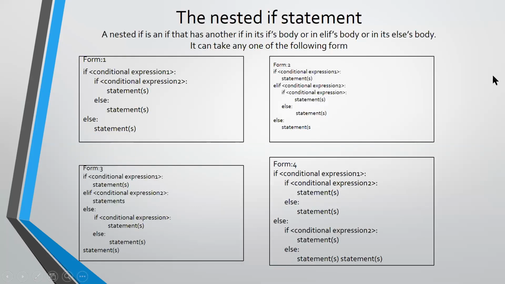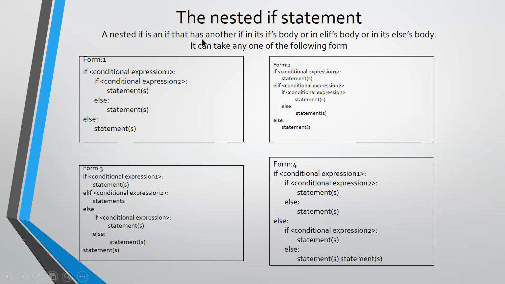Which is a nested if statement. Okay, so what do you mean by nested? Nested means something within another. So nested if means there is an if statement within another if statement. That is called nested. Right, okay. In your whole computer science, wherever you hear the word nested, it means there is one thing within another. Nested if means there is an if statement within another if statement. So from the name itself you can understand nested if.